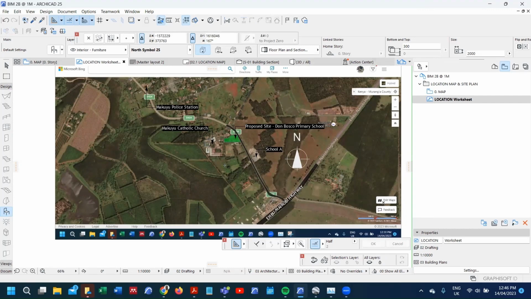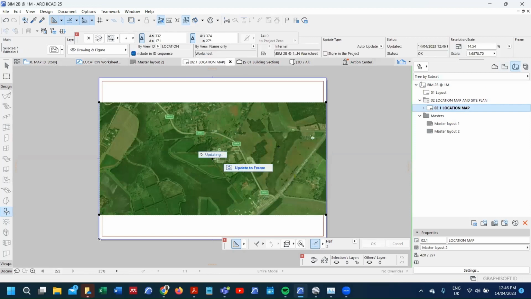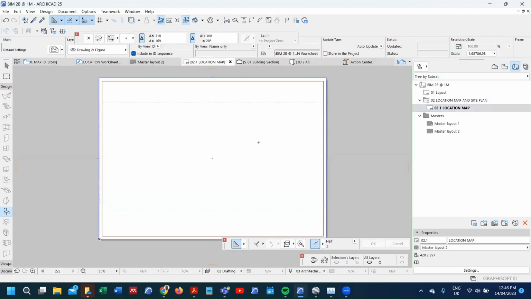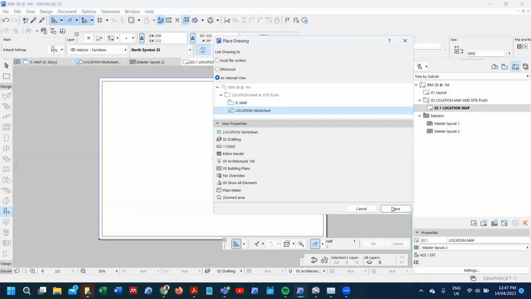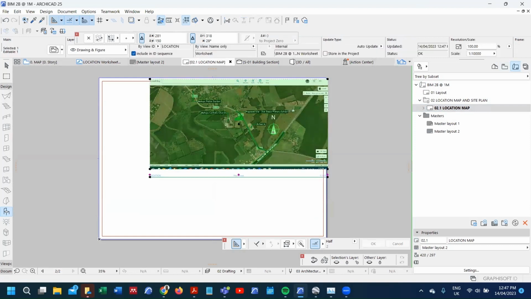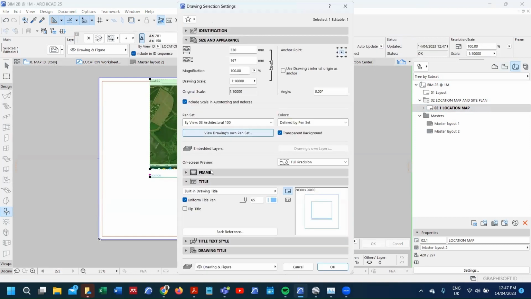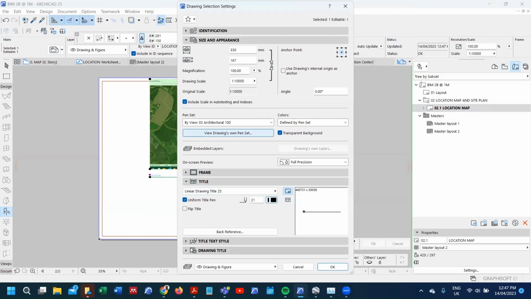Allow me to quickly place it on our layout book. Remember, you had already tried it to help us get the scale. So what I need to do now is to place the actual location map. I talked about the label. I normally prefer the linear one. Then the pens should be in black. Okay. So if I say okay,